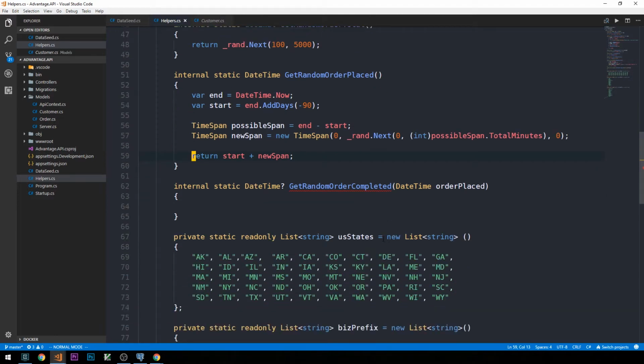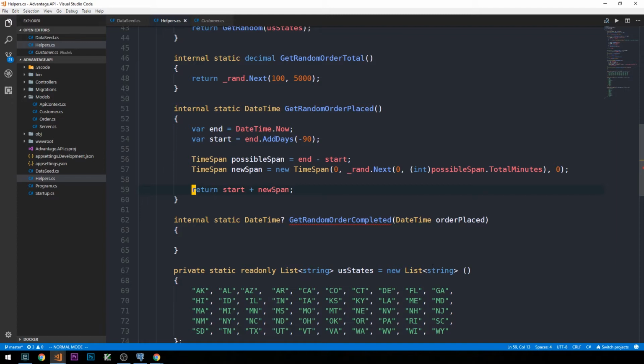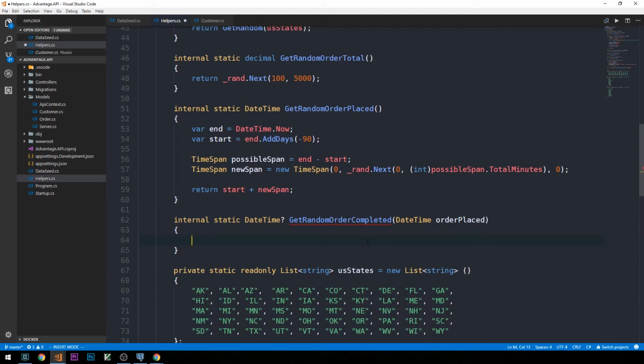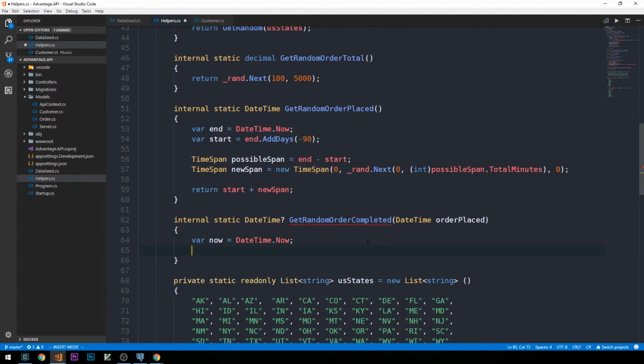Okay, so GetRandomOrderCompleted is also kind of interesting. We're going to pass that the date that our order was placed, and then we'll have some criteria to determine whether or not the random order completed date should be null. So I'm going to once again define now as DateTime.Now. And let's think about this in terms of lead time. So we might have a minimum lead time on any of our orders of 7 days. So what we can say is TimeSpan